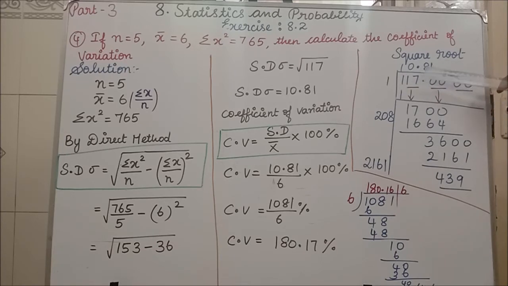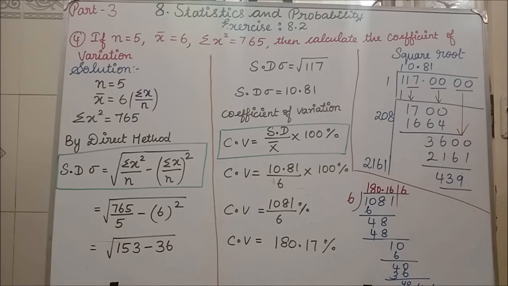Clear? Now 8 into 208, if I multiply only then I am getting near to this number, 1700. Suppose if you are writing 7, you will get a very small number when compared to 1700. So I am writing 8. How, ma'am, how will I know during the exam? You have to try, then only you can find the value. No other way for this. Okay, so now 8 into 208 is 1664 we are having. Here, if you are subtracting, I am getting 36. Again, I am bringing the 00 down.